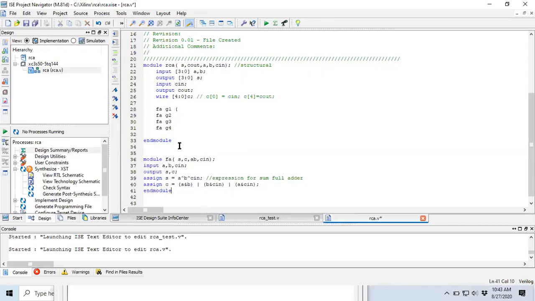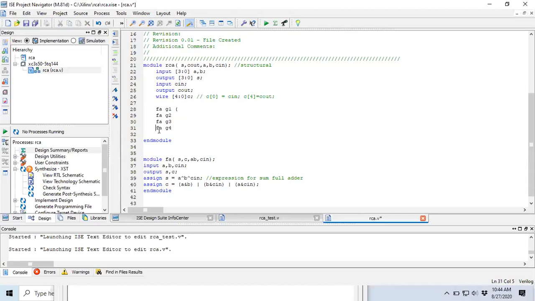Which means during the execution, when I call this first full adder, when the simulation takes place, it assumes that this program exists over here, because the module name of full adder is same as the module name what I've used over here. But I've used it 4 times. That doesn't mean that I have to write the program 4 times.